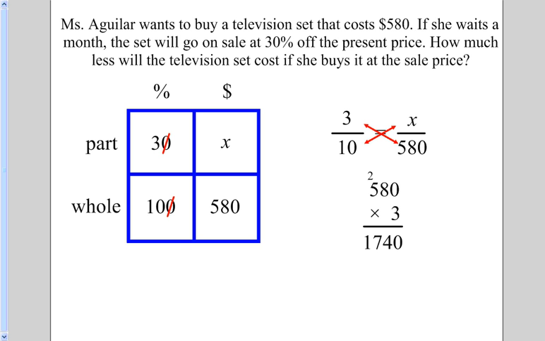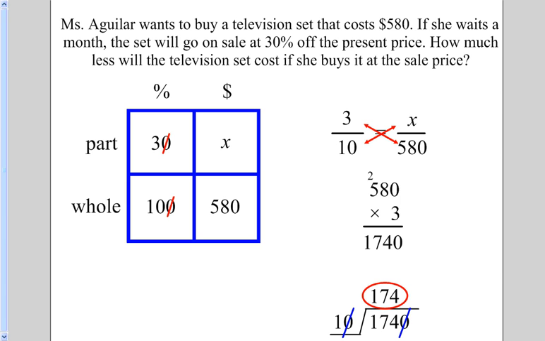And now we can take that 1,740 and divide it by 10. So 1,740 divided by 10. Here again we can simplify this problem and divide both the divisor and the dividend each by 10. So we can take off those zeros again. And now we have a very easy problem to solve, which is 174 divided by 1. Any number divided by 1 is going to be that same number. So the answer is